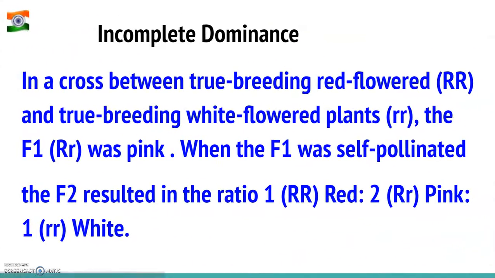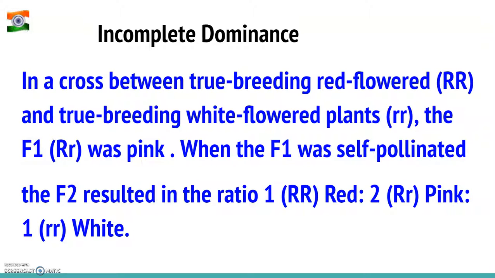Now, after the monohybrid cross in the previous presentation, we have seen how Mendel crossed tall and dwarf pea plants and what he got in the first generation. Then, in the second generation, the ratio was 3:1. Now, when experiments on peas were repeated using other traits in other plants, it was found that sometimes